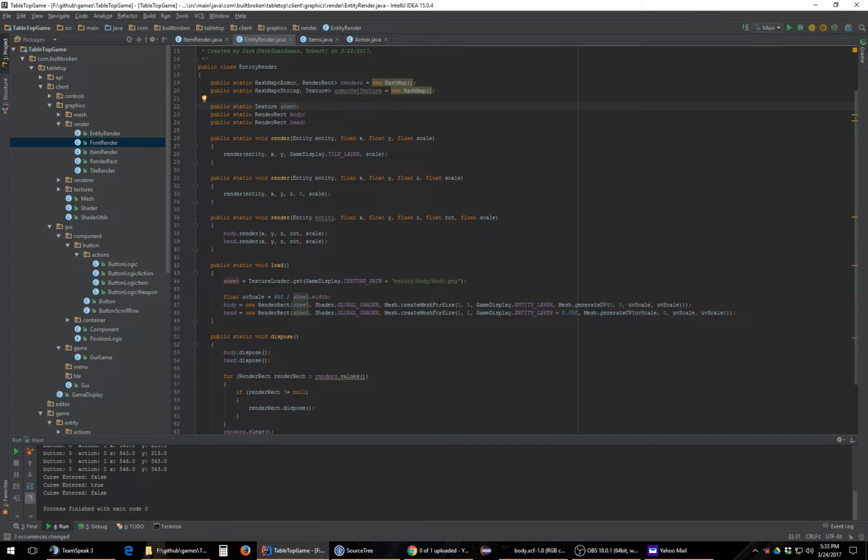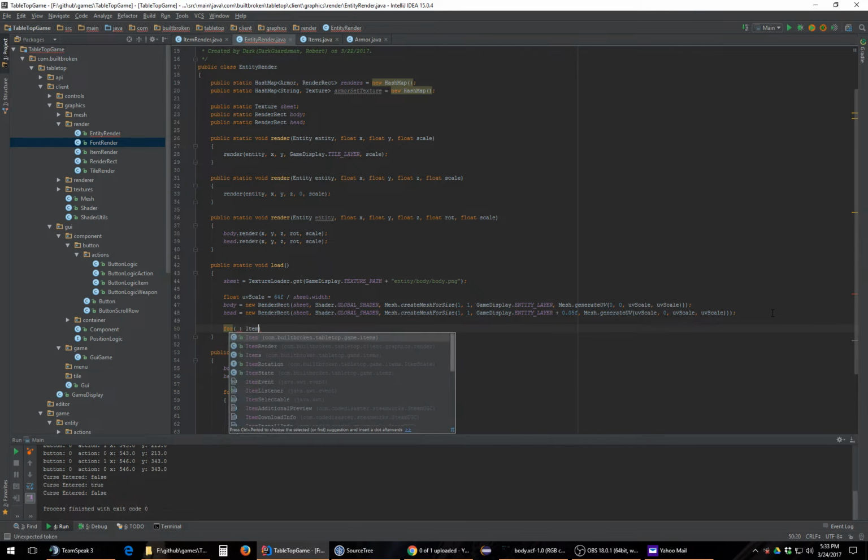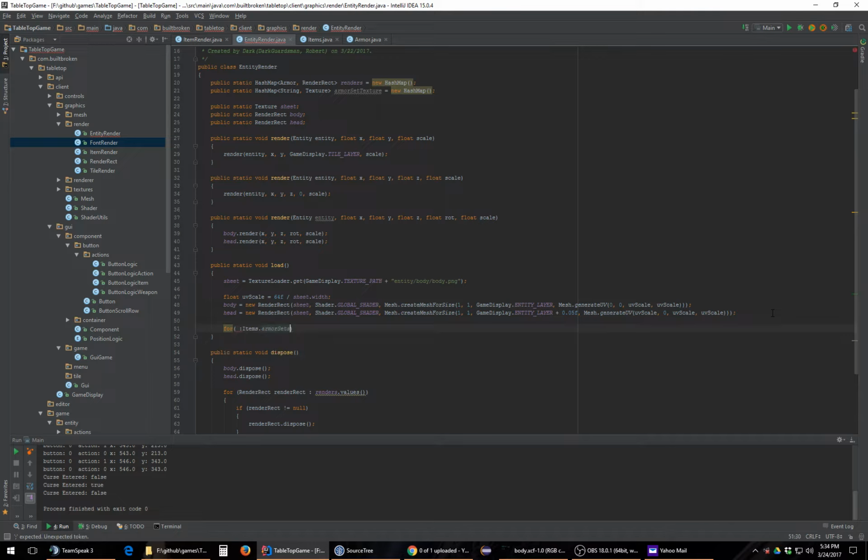And yeah, so here, as you can see, I'm creating meshes for UVs. This is literally what we're going to have to do for every single armor set. So we're going to have to go for something, and then this will be items.armorsets. I really only need the key values here. Actually, no, I got to put the armor up here. So I'm going to need both. So this would be map.entry, maybe